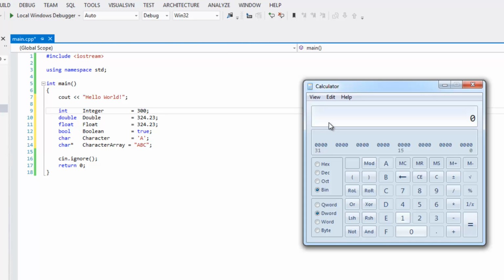Ints, floats, they're all 4 bytes long, so they are a double word. That's basically going to be 32 bits. Most operating systems run in a 32-bit environment, so you can see all 32 of these zeros, starting from 0